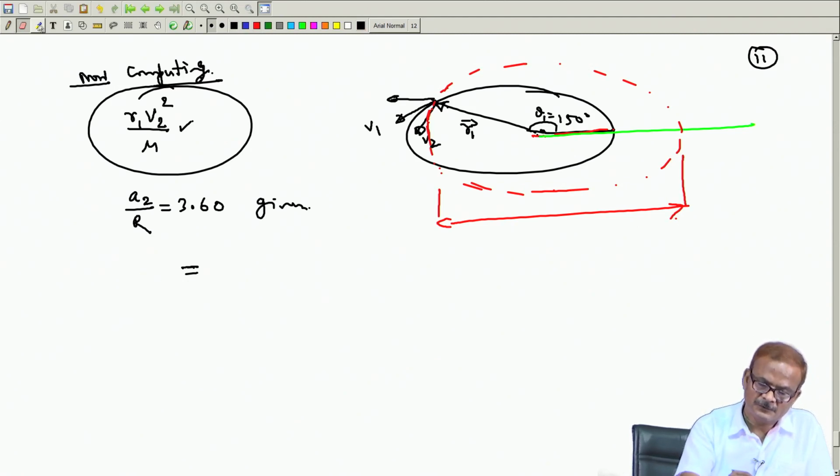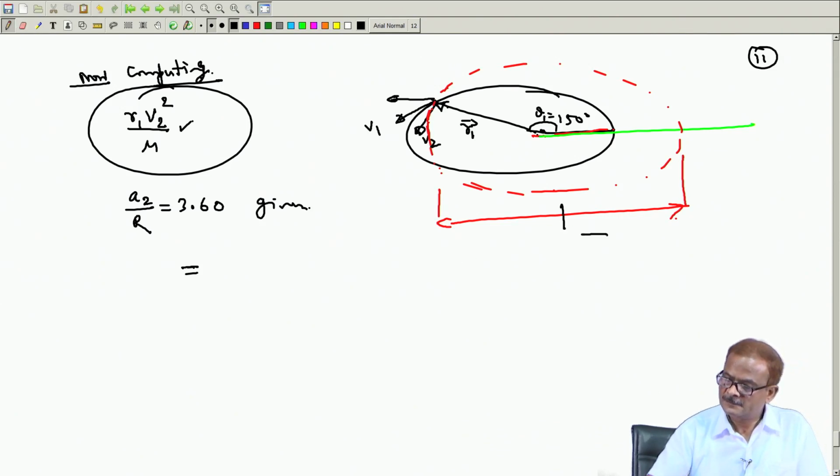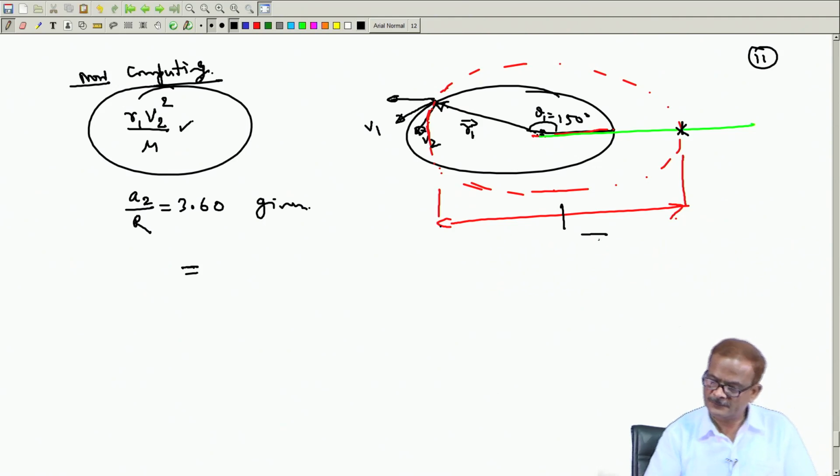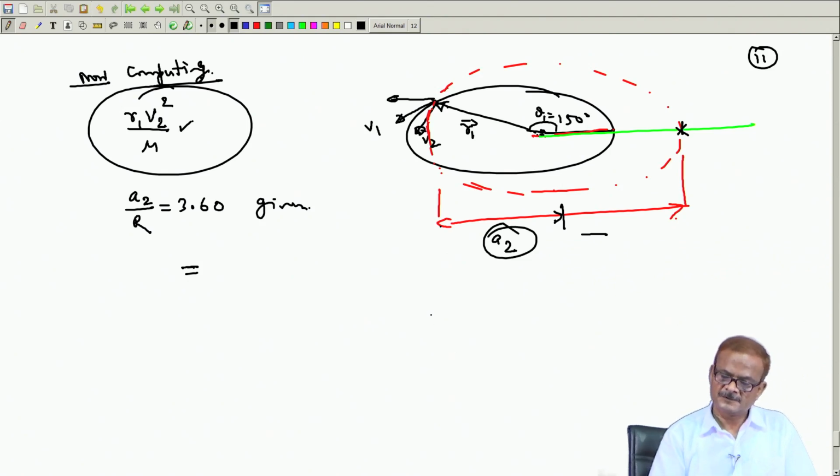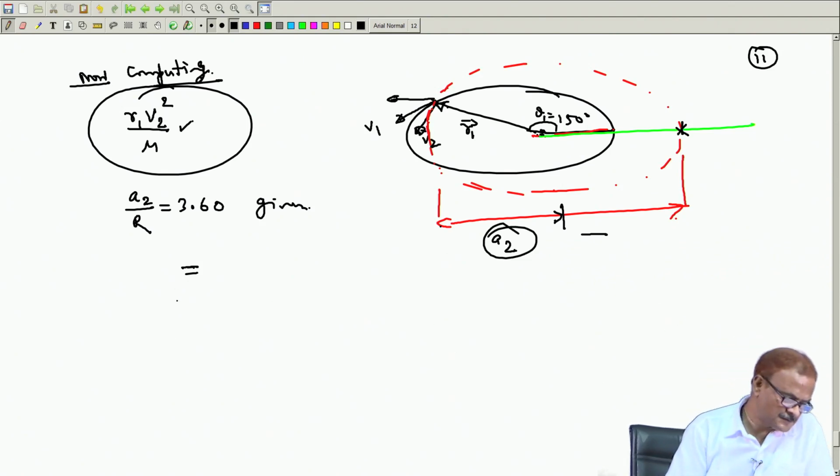So, this is A 2 by R is given to you. So, half of this measuring from, obviously, the focus remains unchanged. Okay. So, total from one end to another end, from this perigee position to apogee position, that distance is 2a, and divided by 2, that gives you a. So, say this is the half distance here. So, this half distance from here to here, that becomes A 2. So, this is given to us. Okay. So, we utilize this information.